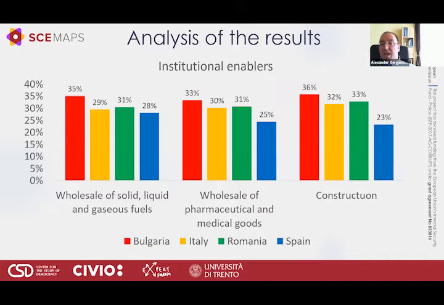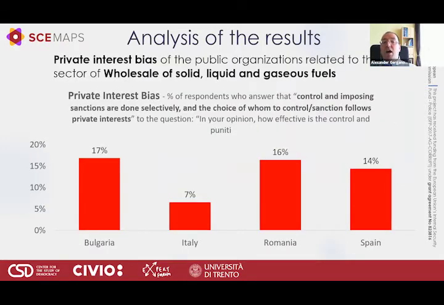Here, the institutional enablers are the level 1 concept. But when we reach the level 3 or the lowest level of indicators, then we really can do detailed and deep analysis of why these results are like this. For example, the private interest bias is a level 2 indicator, which is very important. It doesn't consist of several level 3 indicators. It is an indicator by itself, level 2, and it means the percentage of respondents who, after being asked, in your